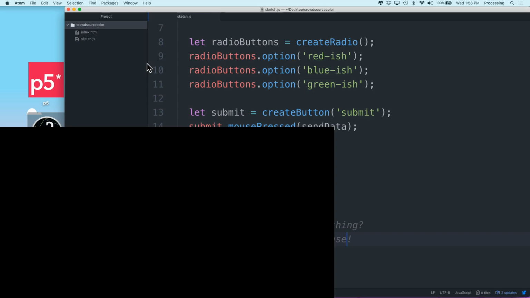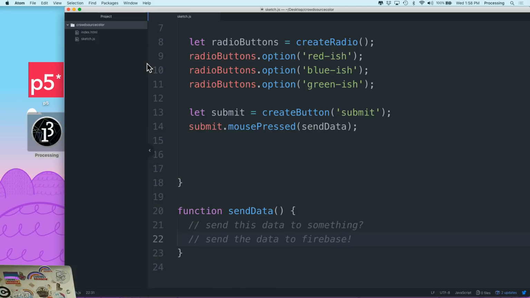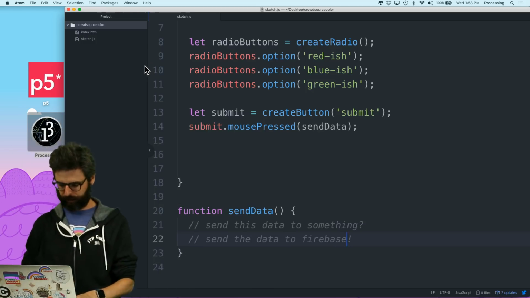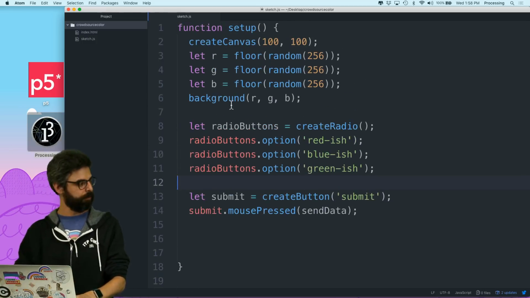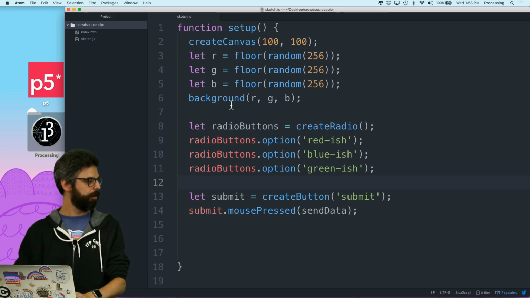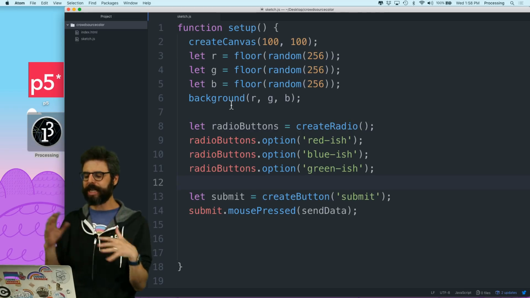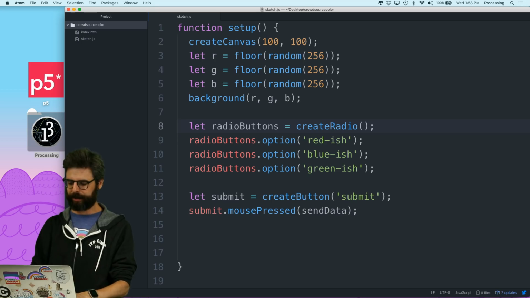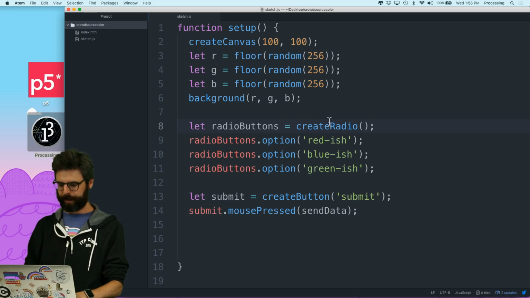Yes, I know the camera went off. Yeah, you know what? I'm going to make everything a button. It doesn't need to be in the